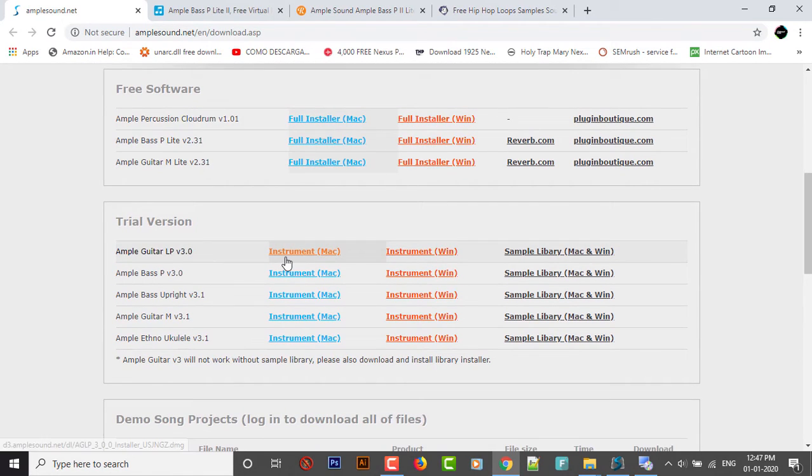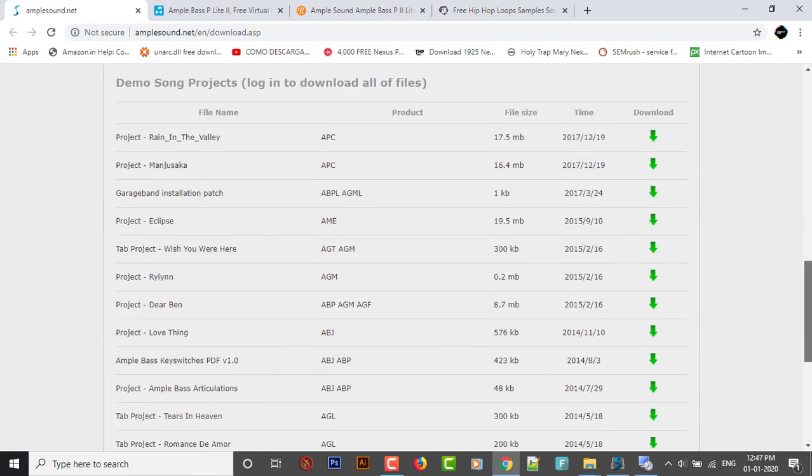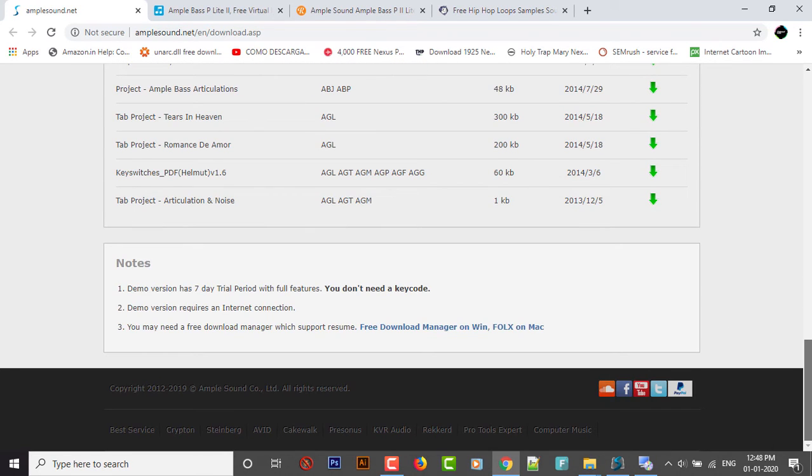Now they have a trial version for paid plugins, so you can use this trial version for 7 days, and all the plugins and knobs will be unlocked, and if you're interested, you can go ahead and buy it later. So I think it's worth checking out if you're really into Ample Sound, because they have really cool plugins. And yep,